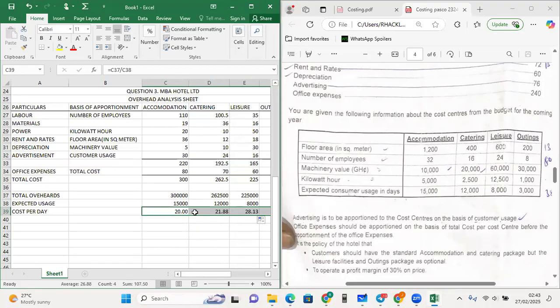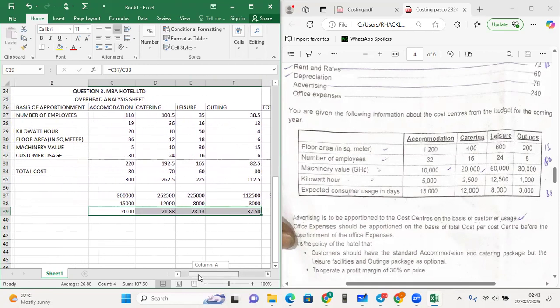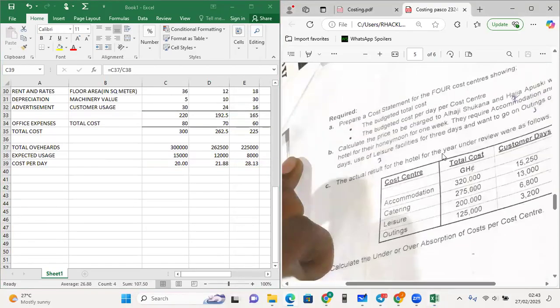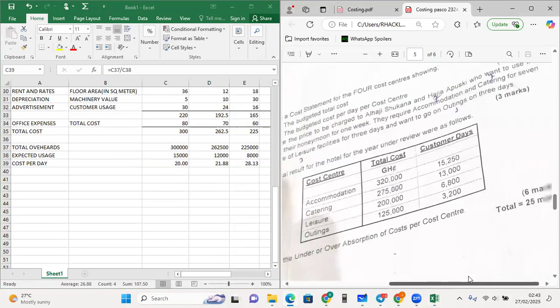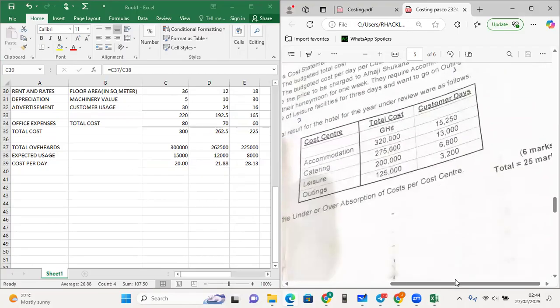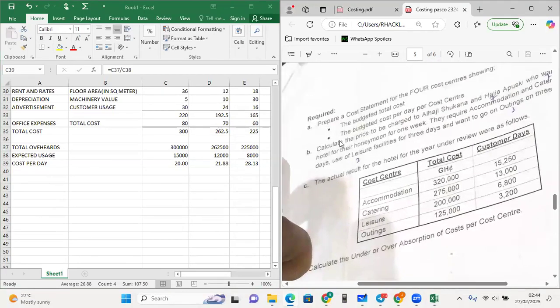This, this, this, and then this, right? So this is the cost per day. We are done with the first part of the question. That is how many marks? 16 marks. That's nice. Now, let's check the calculation of the price to be charged to Alaji Sukana and Hajia Apuski,